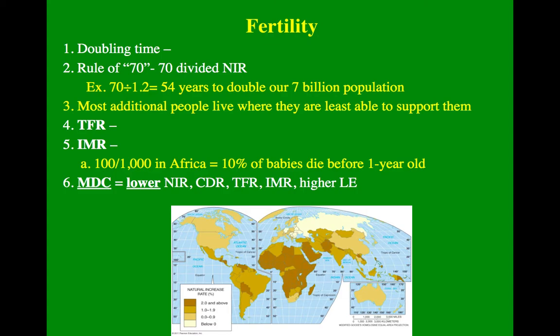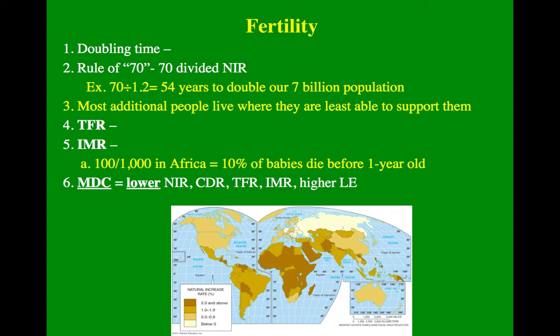For example, if it's 10% in Africa, that tells you that they've got a poor healthcare system. The good countries, like in Europe and the United States, are in the low single digits, 4, 5, and 6, which is much better. You want that to be at 0, of course, but it'll never happen. Accidents, sudden infant death syndrome, things like that. It'd be nice to get to 0, but unfortunately we just can't do it.